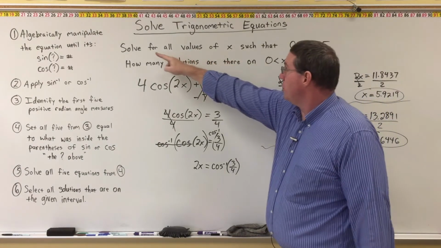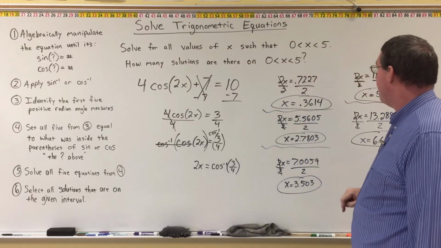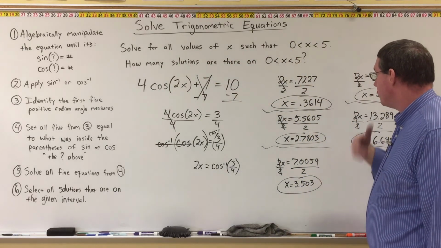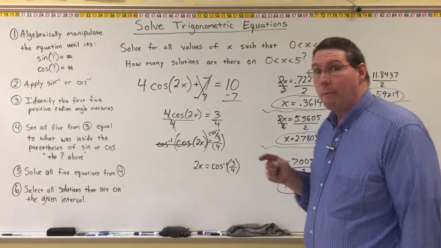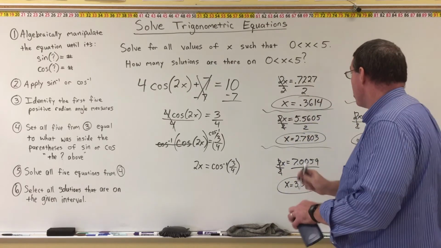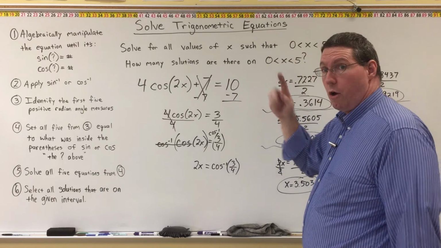And what are the solutions? If we solve for all values of x, where x is between 0 and 5, these are our 3 solutions. And what you would then enter, here's what I want you to do. When you take the quiz, I want you to go to 2 decimal places. So what you're going to enter in the box, in addition to telling me that there are 3 solutions on 0 to 5,